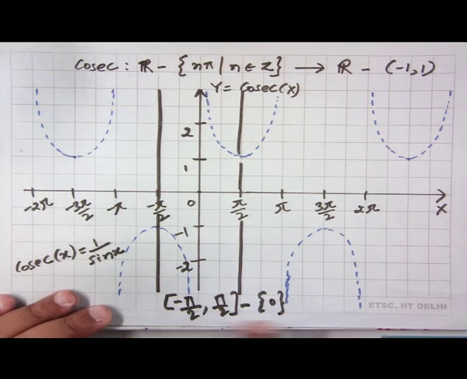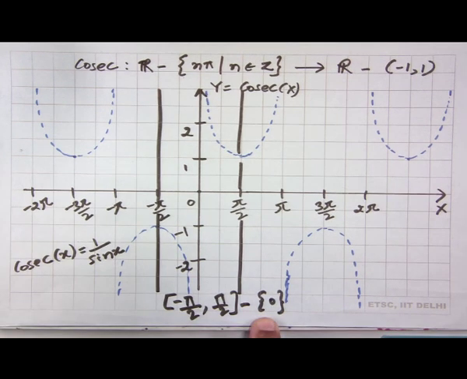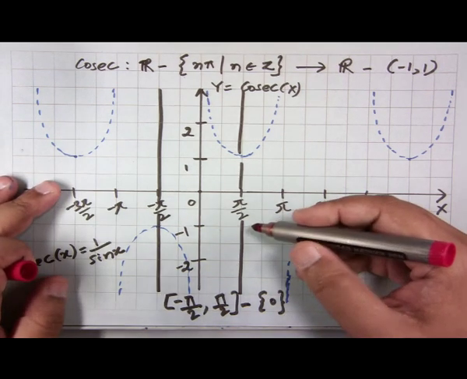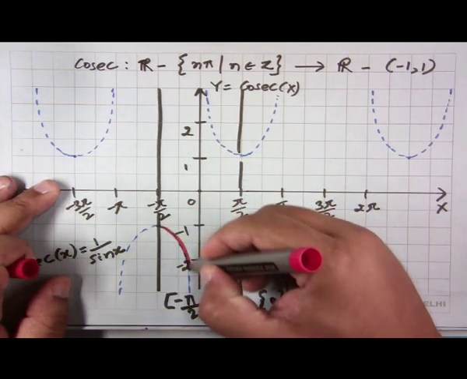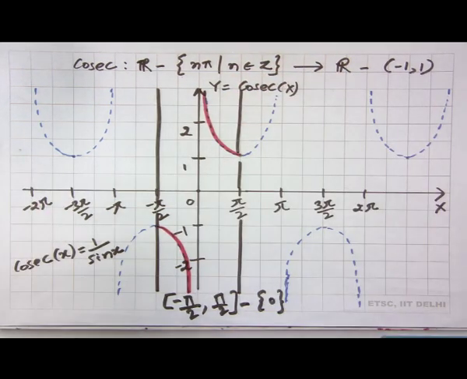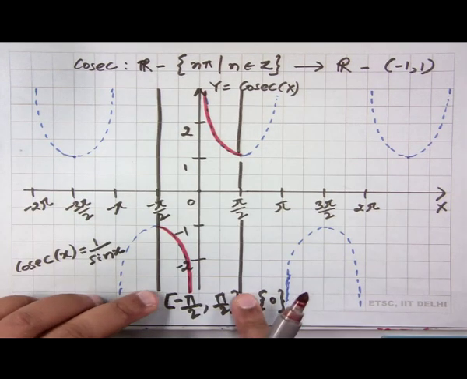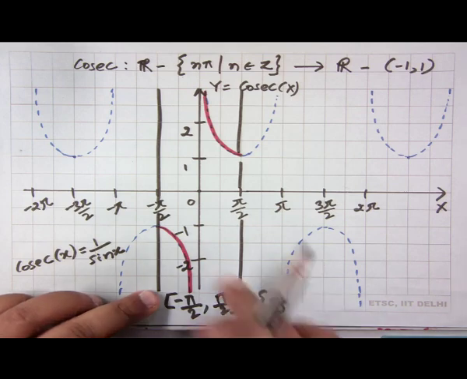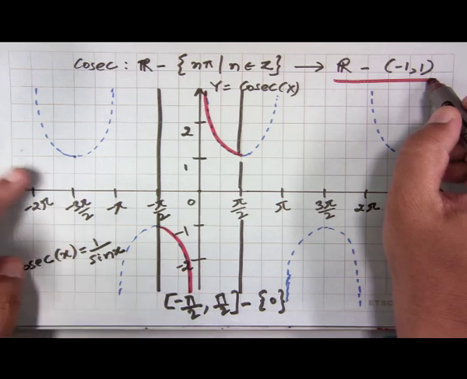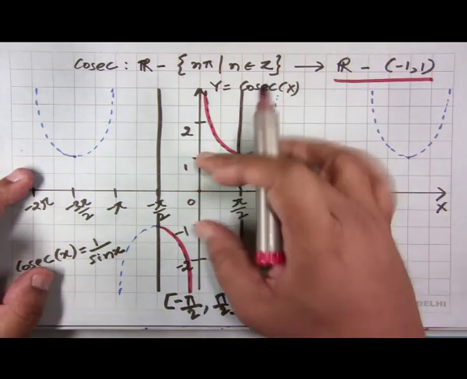So, by restricting the cosecant function to this subset of the real line, the graph of the restricted cosecant function will look something like this. So, I am drawing it with the solid red curve here, and as we can see, even by restricting the domain of the cosecant function to this interval, the range of the restricted cosecant function is still the same thing, which is all real values except -1 to +1, because it cannot take any value between -1 to +1 anyways,